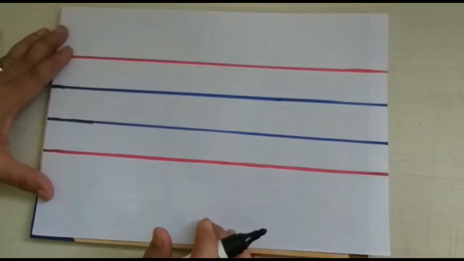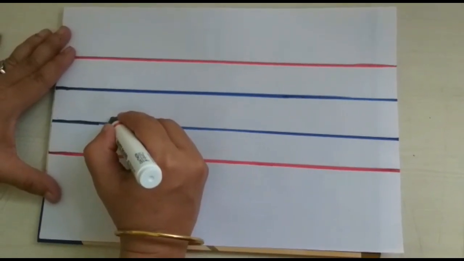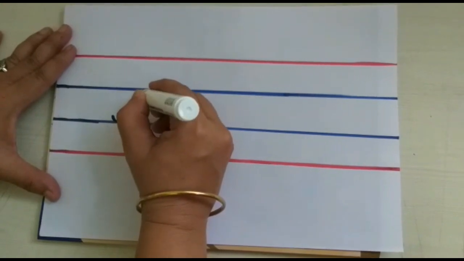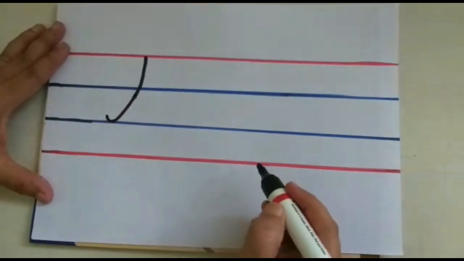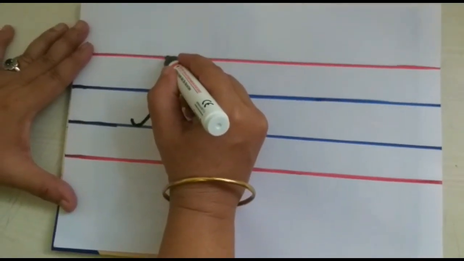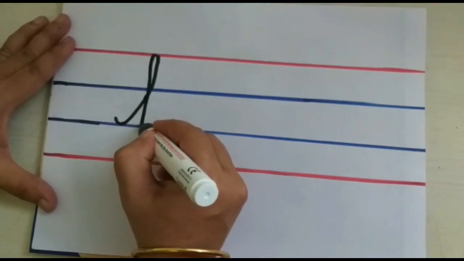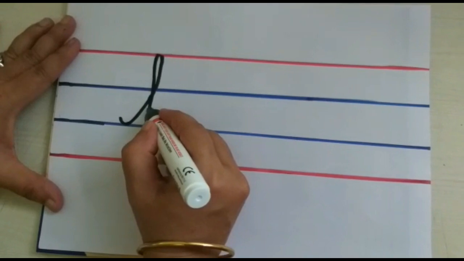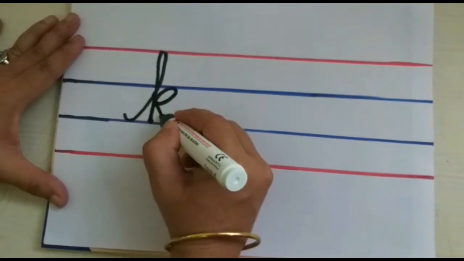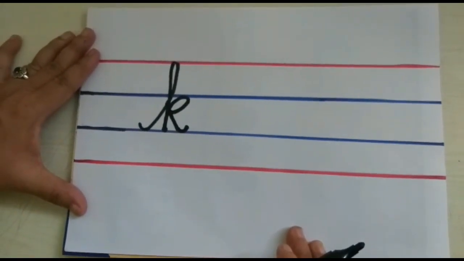J, after which letter comes, children? J after K. Shall we write K? Make a small curve. Now go up to the first red line, children. Here, see, like a slanting line you have to go. Now turn back. Come down to the third blue line. Now again go up and make a round like that. Now one slanting line and a small curve. This is small cursive K.